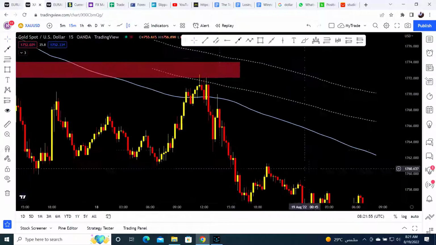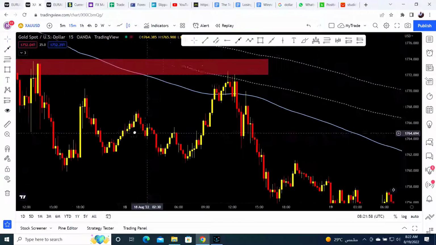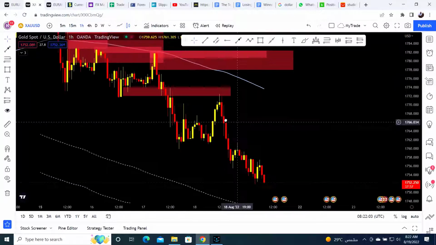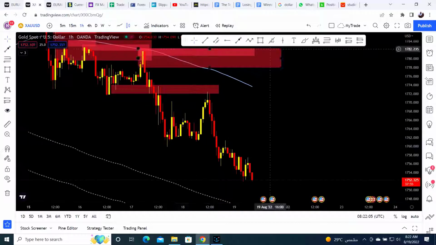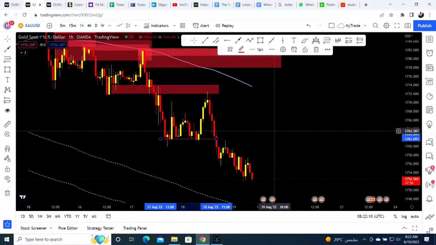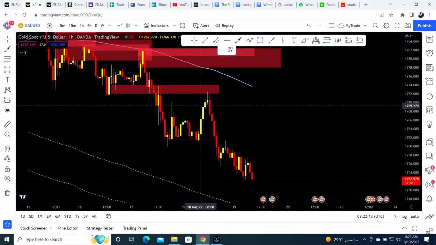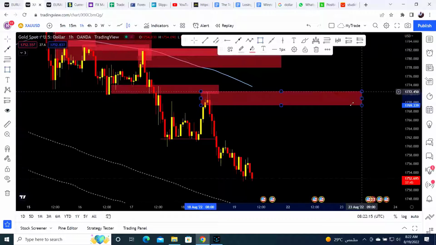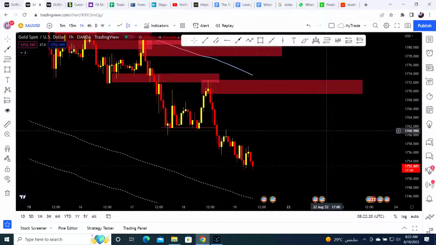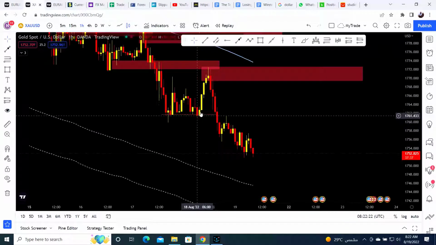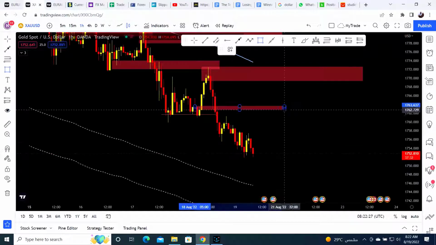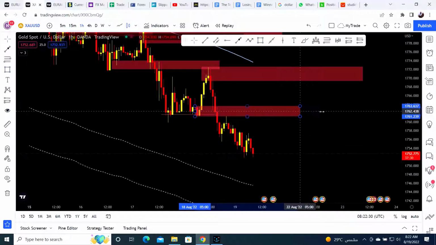So currently we are waiting for price to, this was the high that took out this low. So let me mark the last low that was taken out, was this. And in 1 hour, this was the high that took out the low. So we're expecting price to come to this zone so that we can enter. And this same low that was broken, we can also monitor price around that level